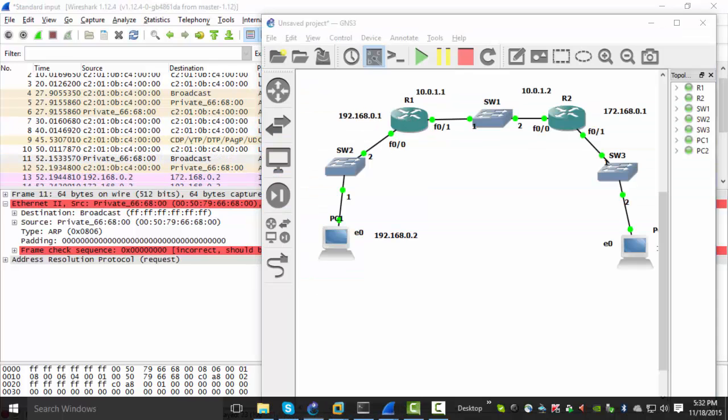So if you look at the diagram, PC1 is trying to reach R1 and it doesn't know the MAC address of R1 because it is trying to reach the other network, but it doesn't know the route. So it is going to send it to the gateway. All it knows is the IP address of the gateway, which we configured when we invoked the PC, but it doesn't know the MAC address. So it won't know how to reach the system. So it's going to send an ARP request asking for what's the MAC address,